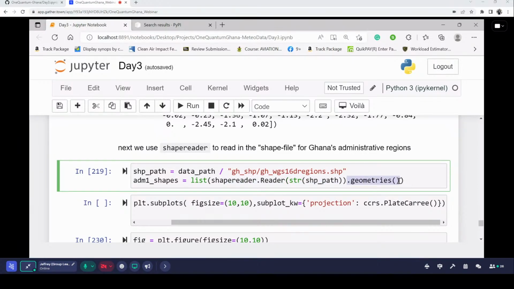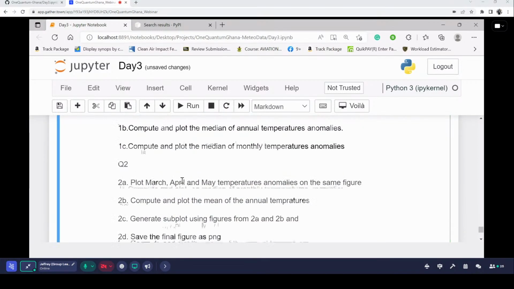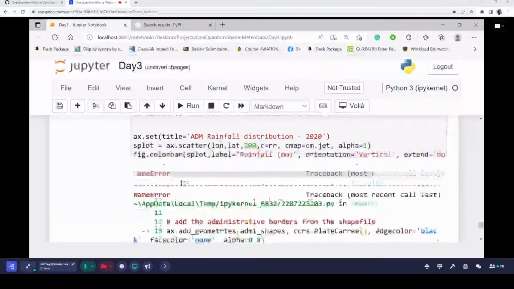Whenever you read the shapefile, it has lots of information, but the emphasis here is on the geometries, so we indicate .geometries to pick out just the geometries, and we create a list of that using the list method, and we assign that to the variable administrative shapes, that's adm1_shapes. And so when we come back here, now we can add that adm1_shapes that we created to our axis by using add_geometries, and when we run that, that should produce